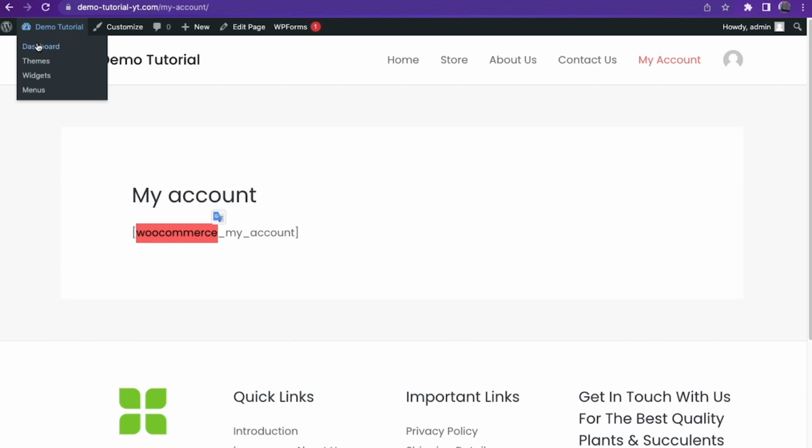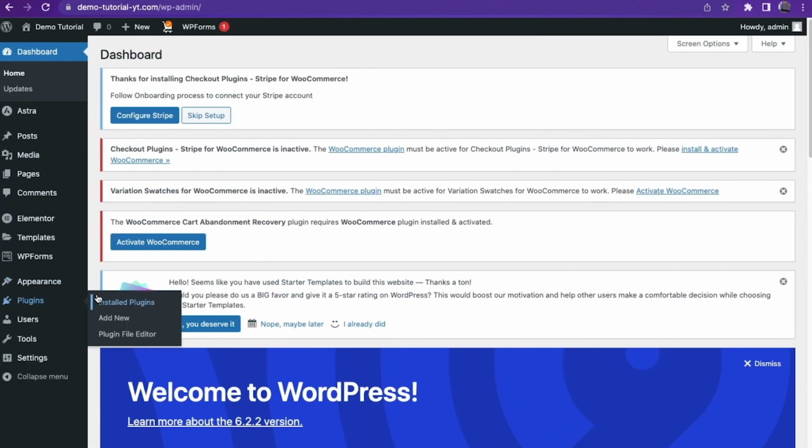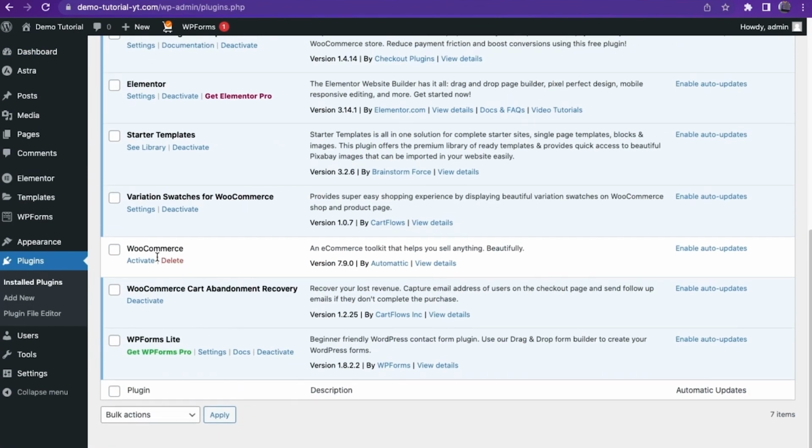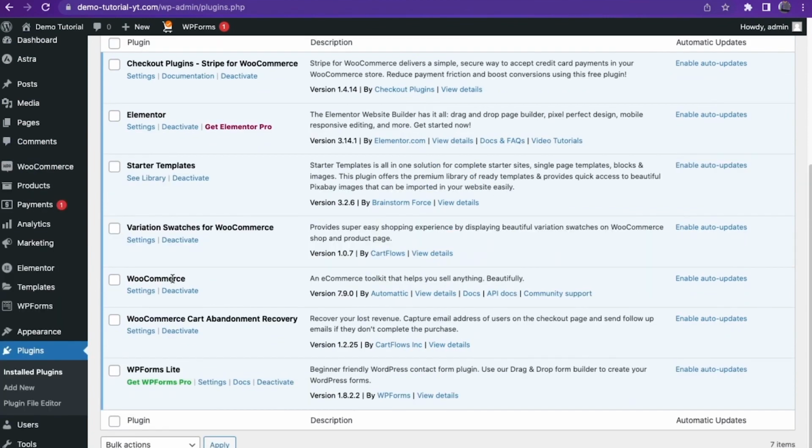Now I have to go to demo tutorial, go to dashboard. I need to go to plugins, install plugin. Now you can see WooCommerce is installed but it's not activated, so you click on activate. This WooCommerce plugin is the plugin you need to set up products, payment gateway, and view your store analytics. So you can see when we installed and activated the plugin, you can see products, payments, analytics, which was not here before,